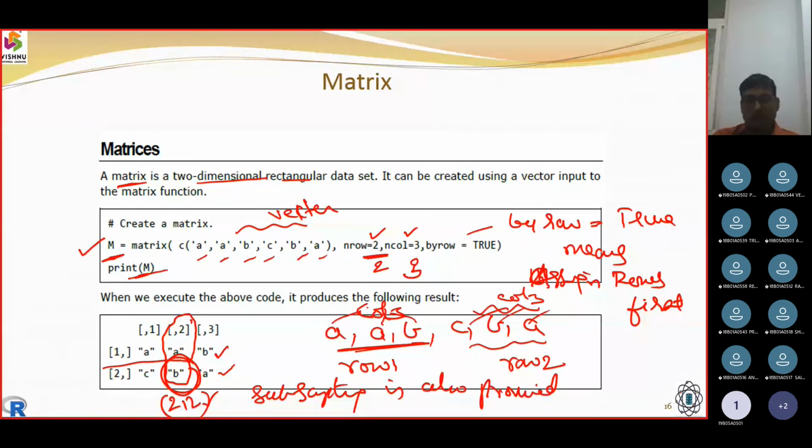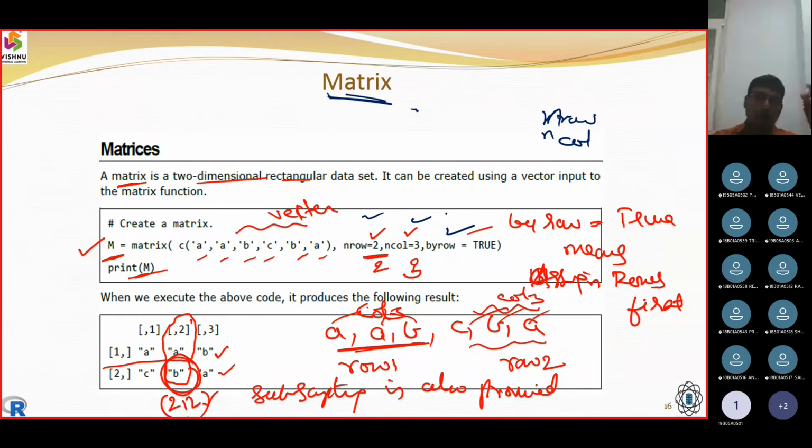Next thing was the advanced data type in R. We are going to call it the matrix form. So matrix, we are going to create with a number of rows and a number of columns here. The number of rows and number of columns are going to be given, and how the matrix elements have to be displayed, that we are going to specify.